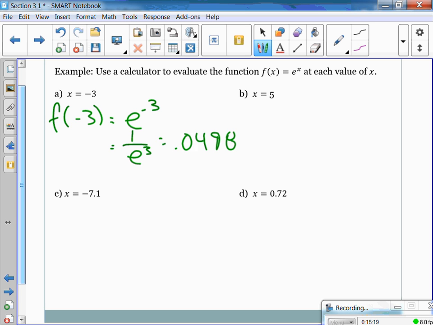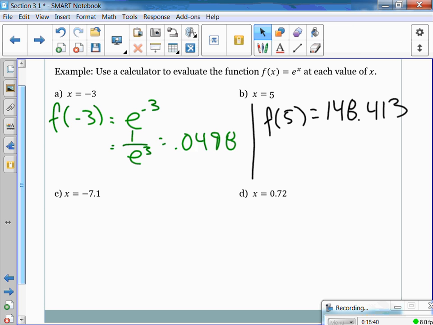When x equals 5, so that 148.413, smaller number or larger number? Much smaller, because again, that negative has me 1 over e, and as I get that denominator larger and larger, of course, that overall number is going to get smaller. So my f of negative 7.1,